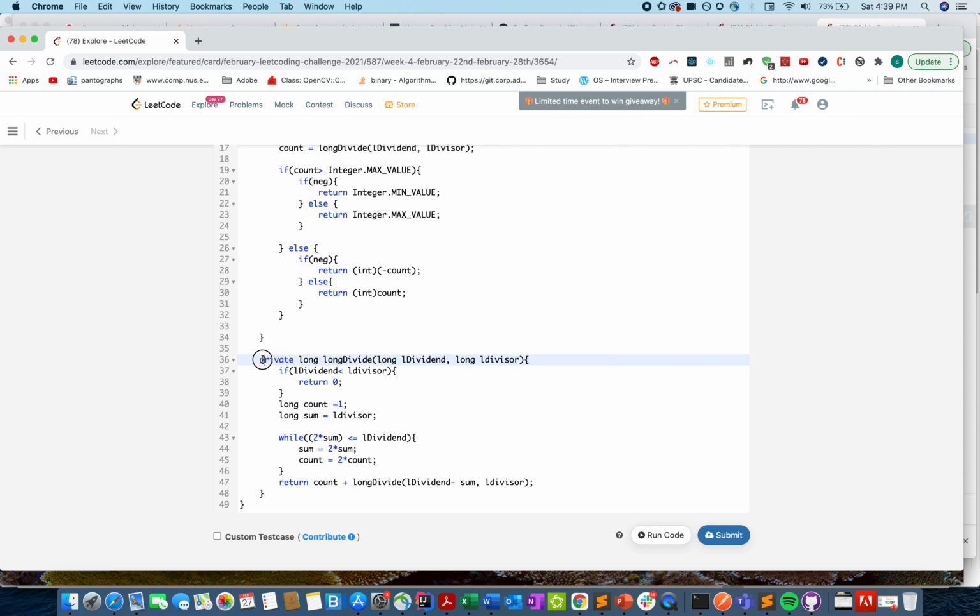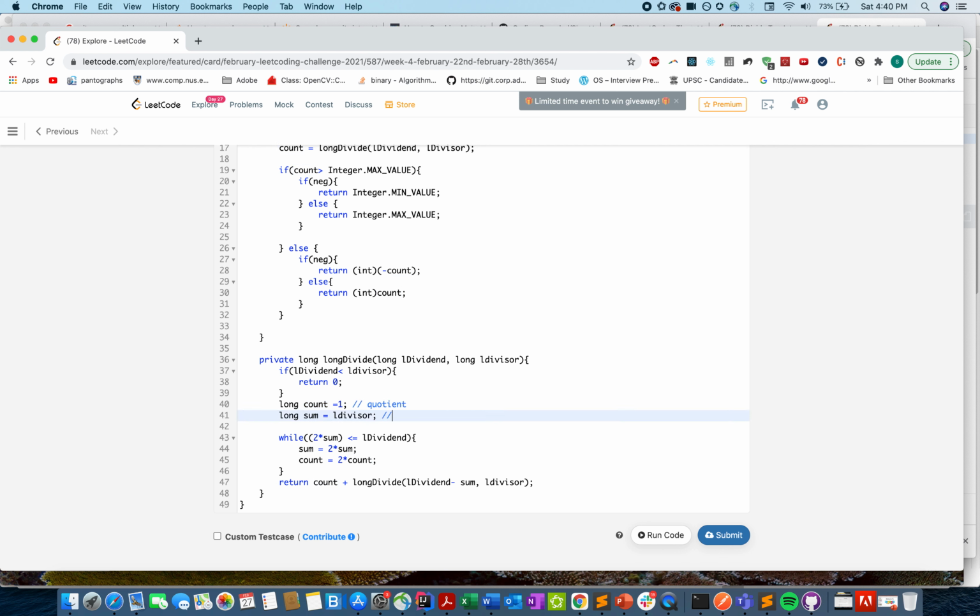The crux of the problem lies in these 5-6 statements where you are actually performing the division operation in a binary search kind of a fashion. Not truly binary search, but binary search kind of a fashion. So let's try and understand this. So we have the dividend, we have the divisor. If my dividend happens to be less than the divisor, that's the lower case, you return 0 upfront. Otherwise, we'll start with a count variable, and this is acting as a